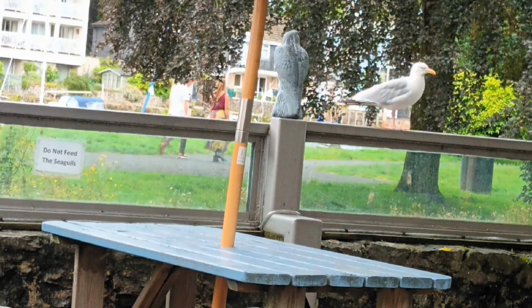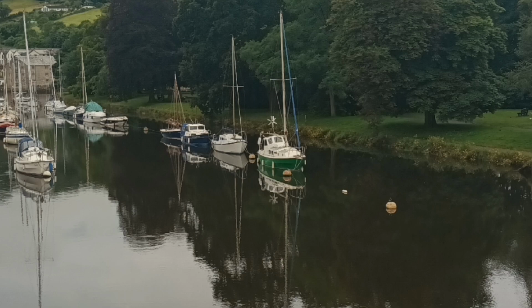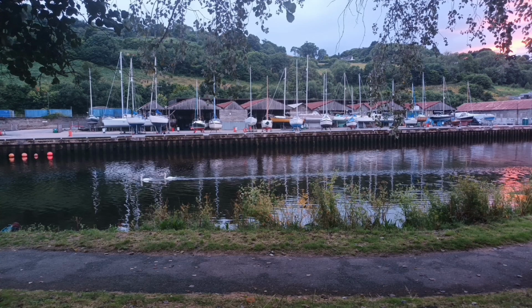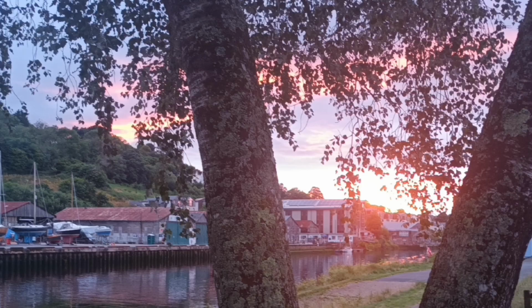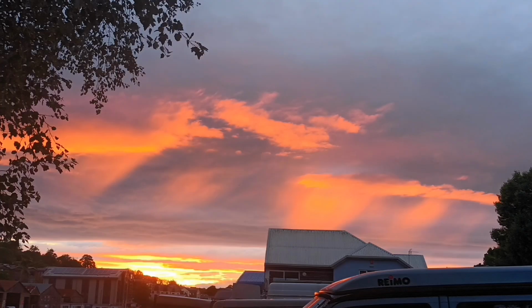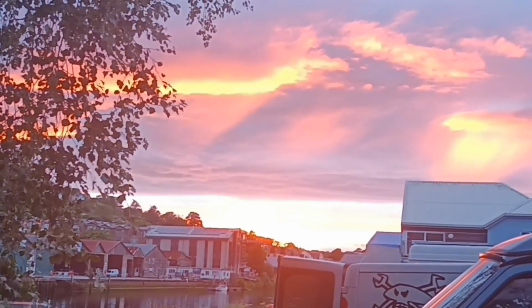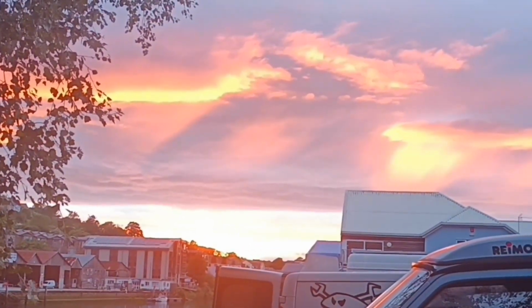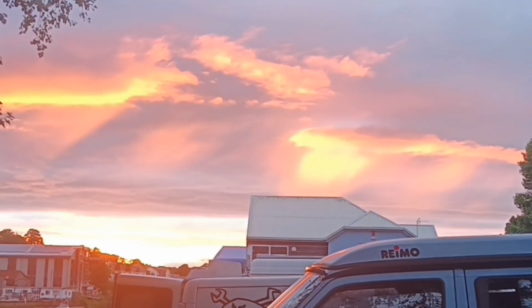Okay, so this is Totnes. This is after our trip to Tintagel, we decided to have a look around the shops at Totnes and spend the night in the furthest car park along the river. It's £10 overnight, and you need to have cash because the parking app doesn't work if you're a car trying to park as a motorhome overnight. But anyway, we had a good night there. It was nice and peaceful. So I'm going to take you back now to